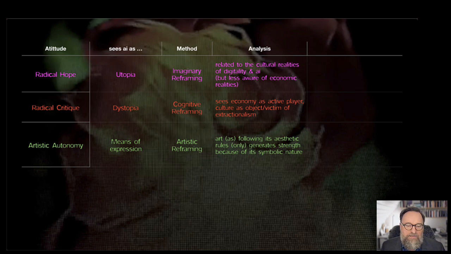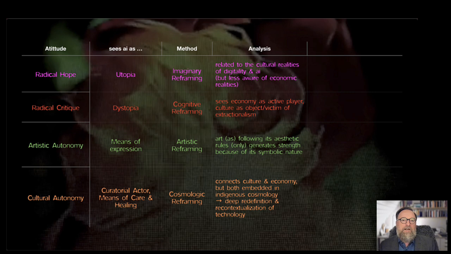And then we had artistic autonomy, which sees AI as a means of expression, and the method is artistic reframing. Art following its aesthetic rules only. It's only responsible for its own aesthetic rules in the first place, generates strength out of itself because of its symbolic nature. And this makes it possible to explore, but of course it's only symbolic, as this is the paradox of